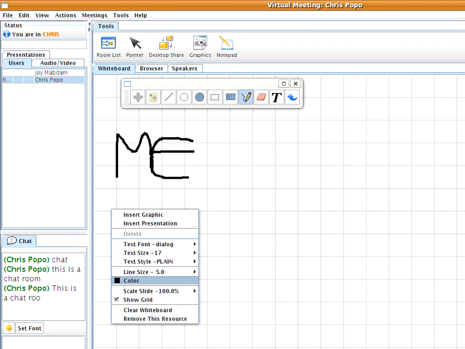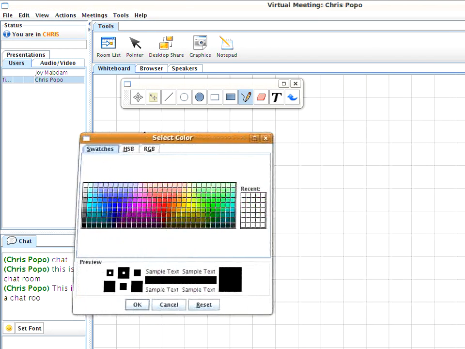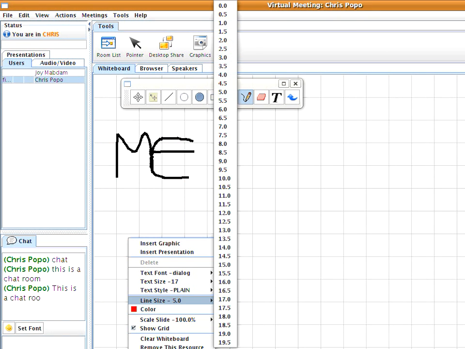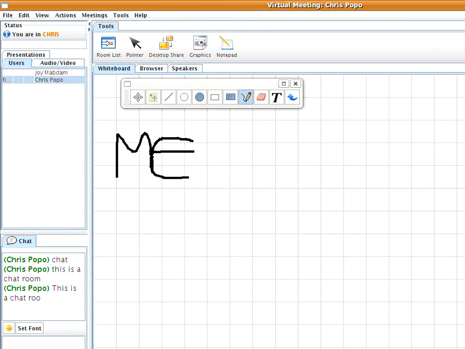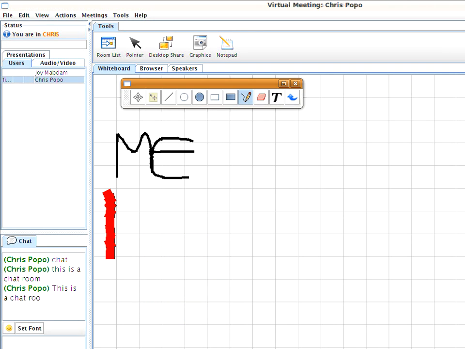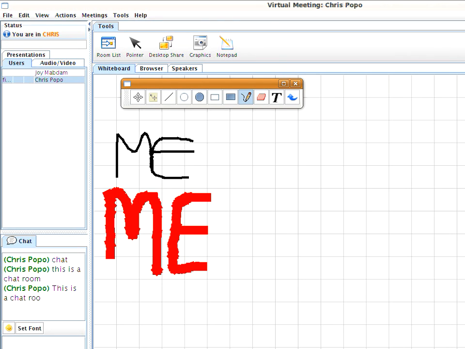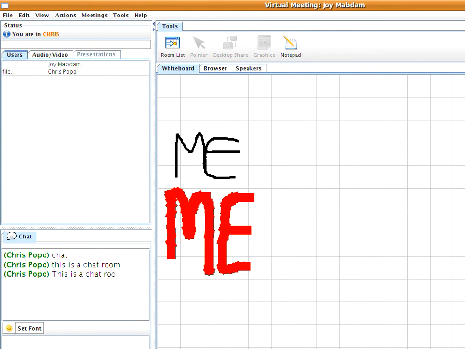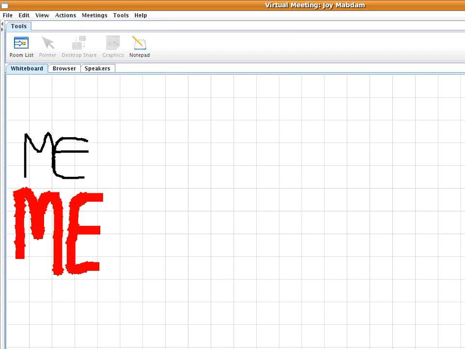Right clicking inside the whiteboard gives you these options. So I select the color option. I can pick the color red, for example, and let me also change the size of my pen to something like size 19, the highest, and then I can rewrite the same word. Okay, so you see it's now easier to write and it's more legible. So I can rewrite the same word me, and when you switch to the student view, you see exactly that. Let me just resize this, so that this part here allows you to have full screen